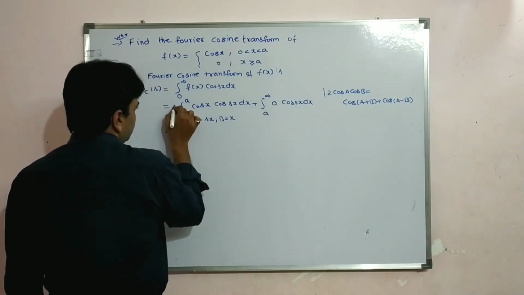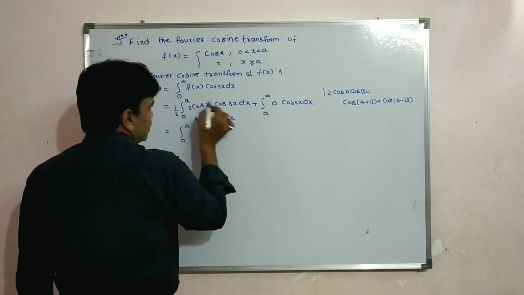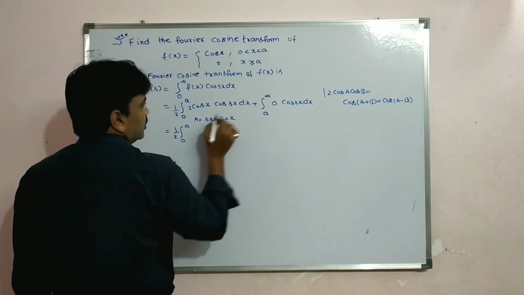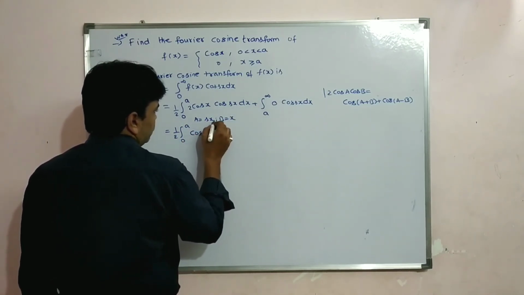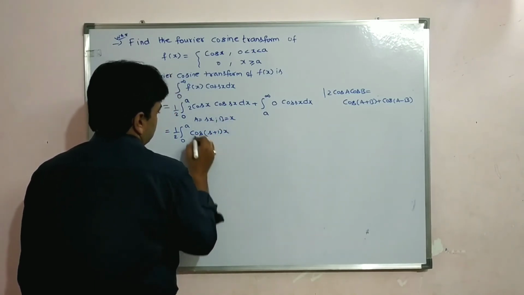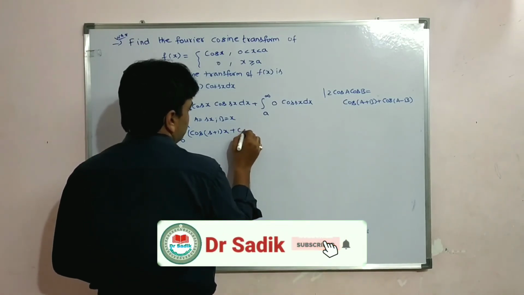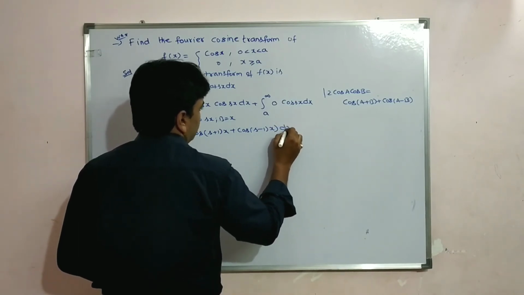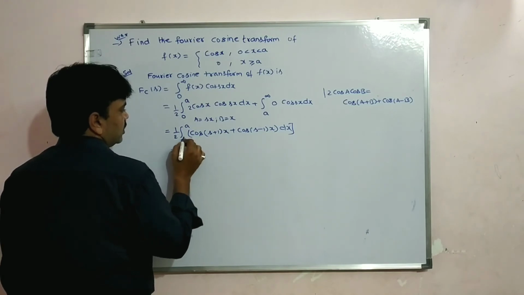So multiply by 2 by 2, so 1 by 2 into, I want to write here, students. So now it is 2 cos a cos b, so 1 by 2, cos a plus b, so cos of sx plus x, taking x common, s plus 1 into x, plus cos a minus b, so this time cos of s minus 1 into x dx, bracket close,